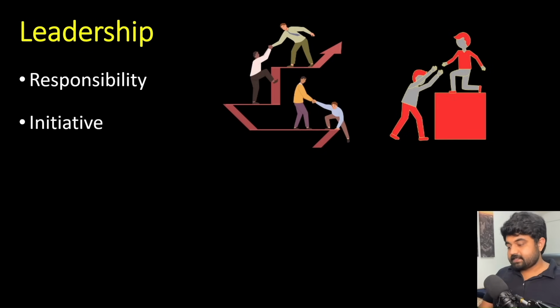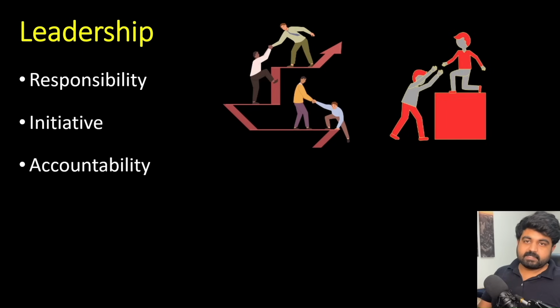So all of these kinds of things are going to come into the picture: can you take new initiatives, are you going to be a responsible person, are you going to be accountable for the things that are currently happening, and how can you make it more resilient? What would be your contribution in promoting and motivating others? So make sure that you have leadership qualities as well, but this vastly depends on the people with higher levels of experience.